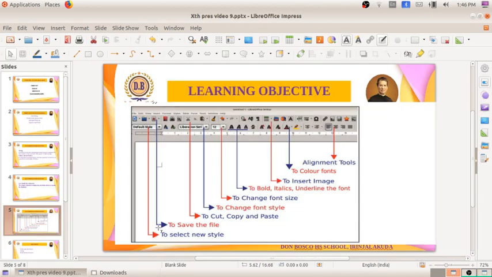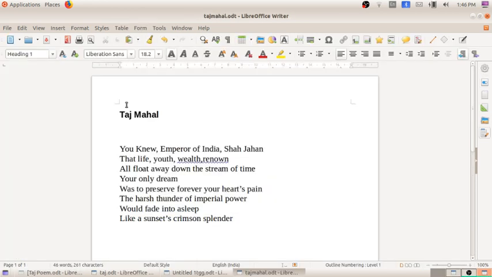So style we have done, and the next one is to save the file. That we already know how to save the file, but here is an option also for saving the file. This red down arrow mark, you can see here. In this form also we can save the file by clicking on this icon or from the file menu, or a shortcut is there in the keyboard, Ctrl+S. Okay, so this is the second option.